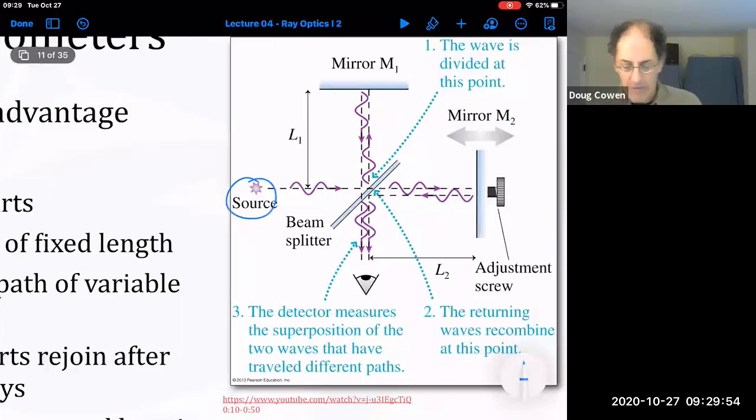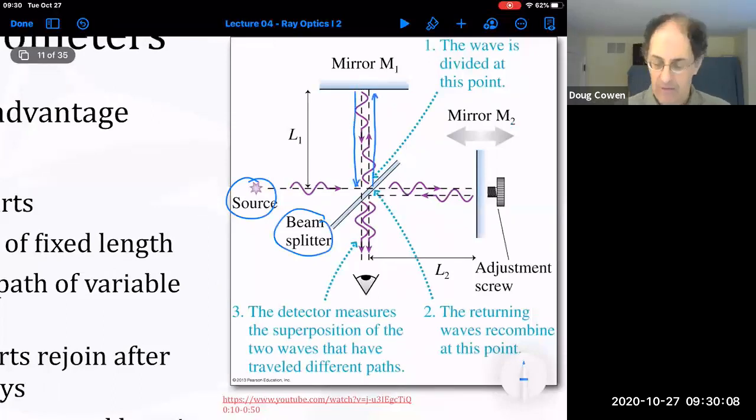we send it towards a beam splitter. And then part of the light travels up to mirror 1, a distance L1, and then back down to the beam splitter, again a distance L1. And some of that light will then manage to go through the beam splitter and be detected by this disembodied